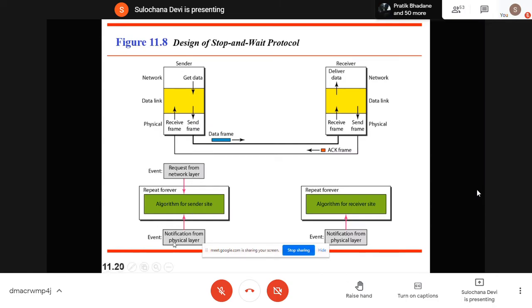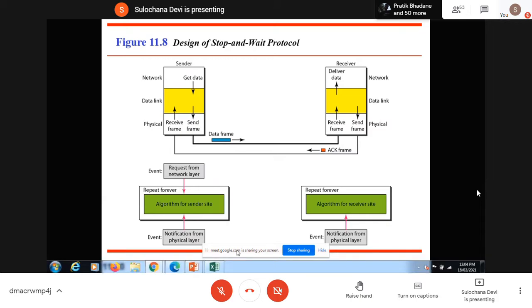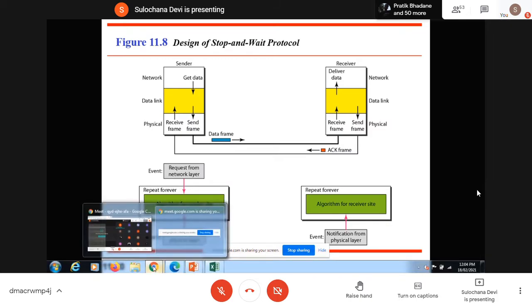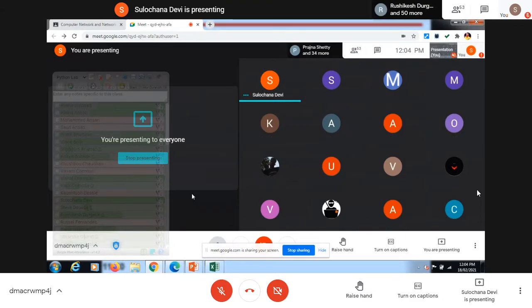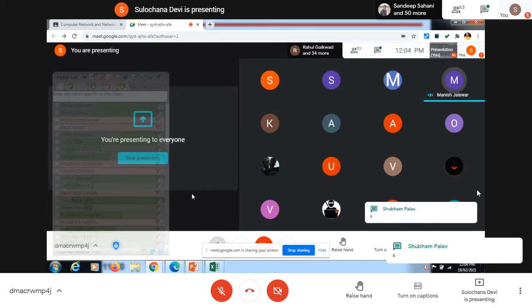Last time we discussed this, the possible combinations and all. For stop and wait, how many bits or how many sequence numbers are required? 4. Why 4?